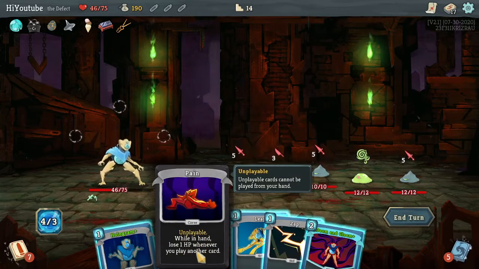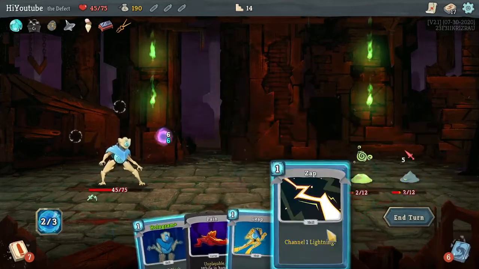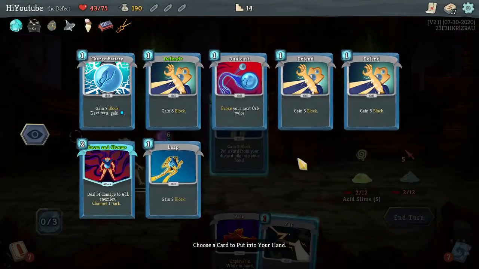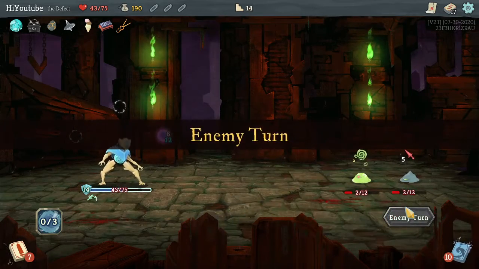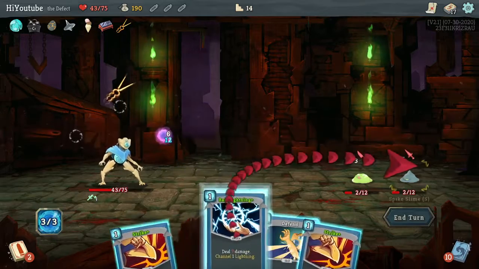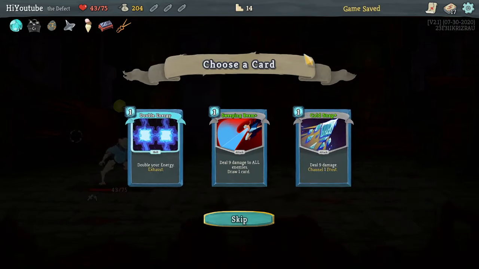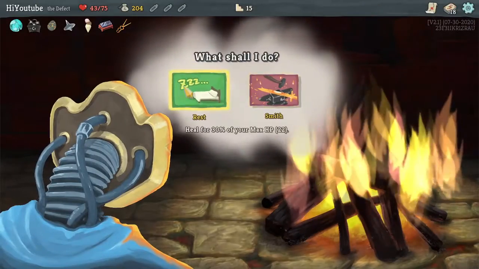So, while in hand, lose 1 life whenever you play another card. Doom and Gloom gets rid of pretty much a lot of them. And then we can choose, but because it doesn't really matter. Then we ball lightning and then strike. Nice and easy. Sweeping beam, cold snap, there we go, that's what we want. Deals damage and also gives us frost. And we're going to heal again,